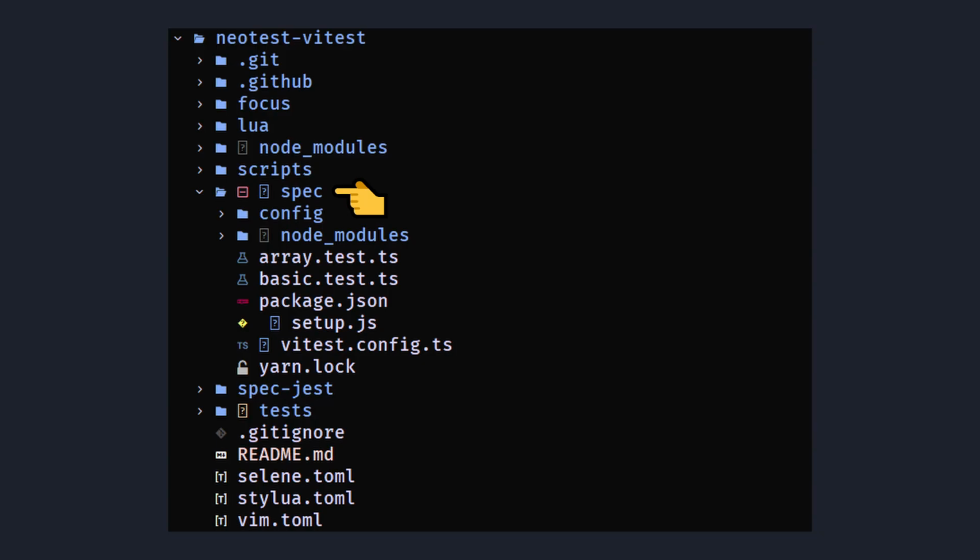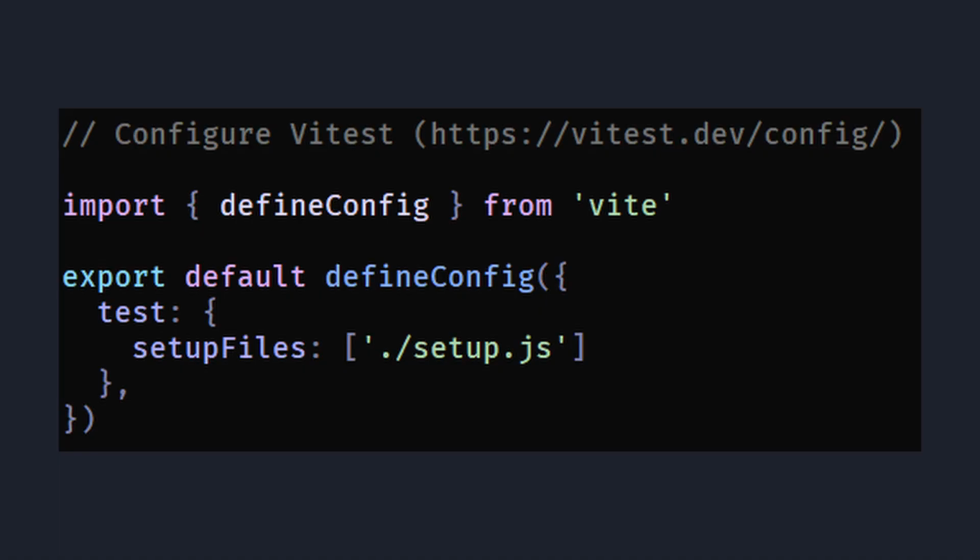So now that I had everything running locally, it was time to try and reproduce the issue in a simple environment. And conveniently, the plugin already had an example directory that had VTest set up, which was really the perfect place to try and reproduce this issue. So I added setup files to the example VTest config, pointing to a relative file. So I expected that the setup file would get picked up if I was running NeoVim from the VTest project root. But if I ran NeoVim from another level up in the file tree, then the setup file wouldn't be found and the test would fail.